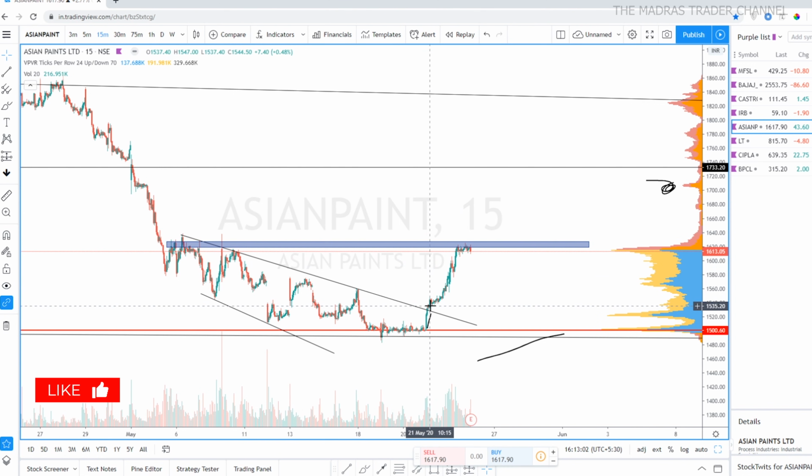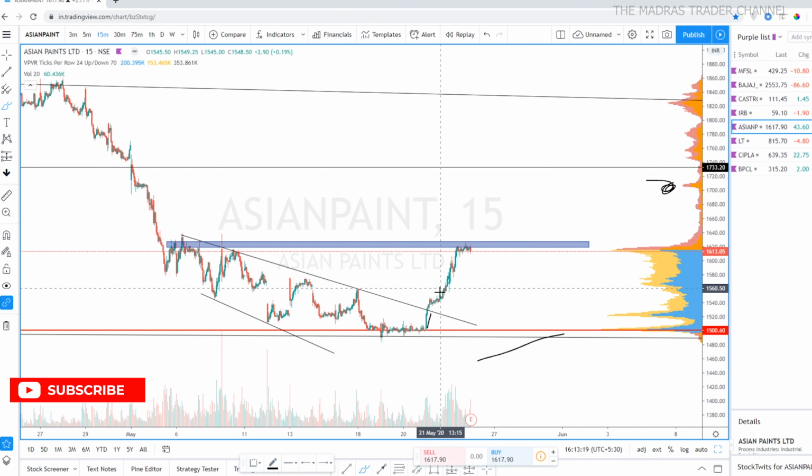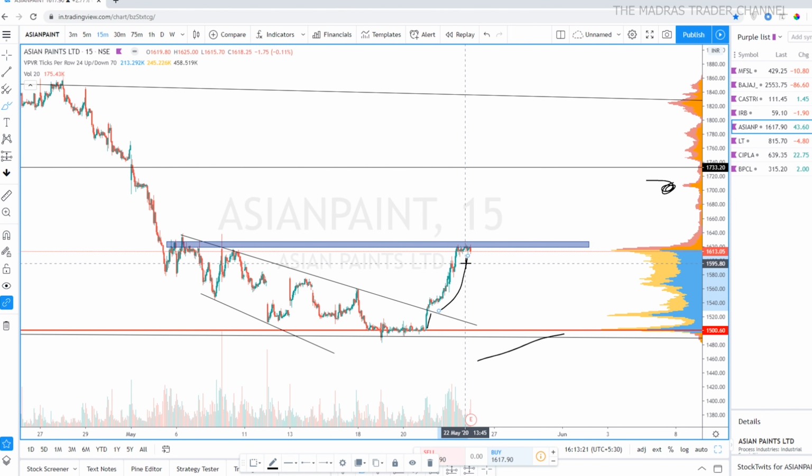When there is a huge volume during the breakout, it is a good sign, right? You can also see that here there is a good volume, and also you can see that in terms of price there is a good volume. So that is an indication that okay, it's going to go up. What happened? Look at the price momentum. Look at how the price has moved away from this area to the other high value node.